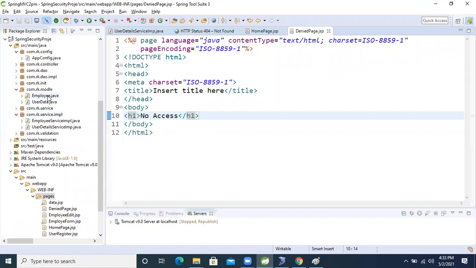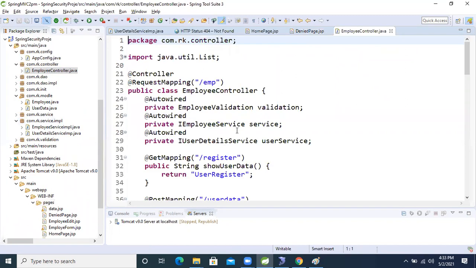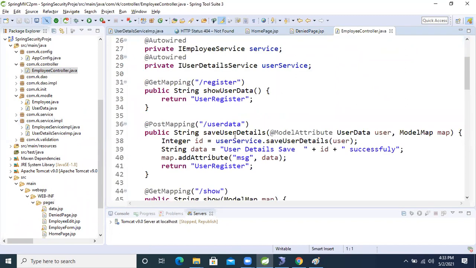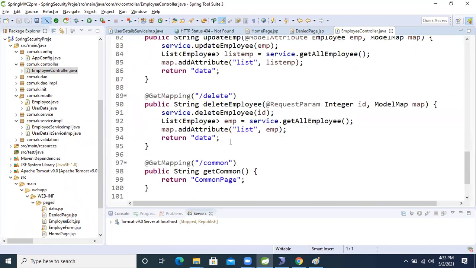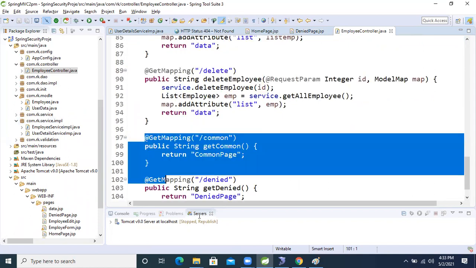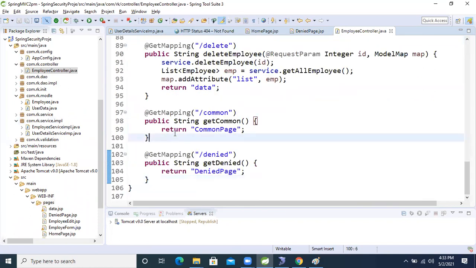First the controller class. Let's give the implementation of this one. In the controller class, these two methods are already there.